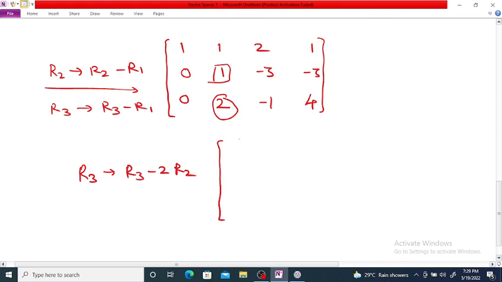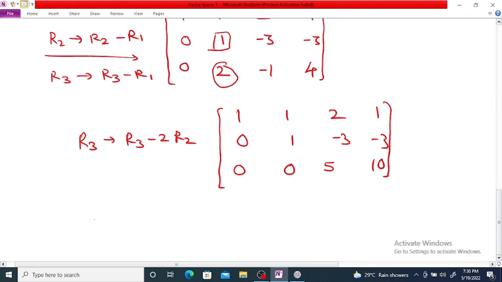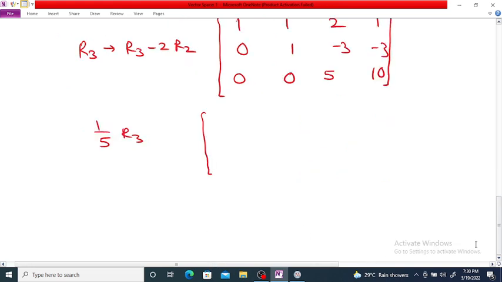If we use this row operation, we get 1 1 2 1, then 0 1 minus 3 minus 3, then 0 0, minus 1 plus 6, which is equal to 5, and 4 plus 6, which is equal to 10. Next, if we multiply the third row by 1 by 5, R3 into 1 by 5, then we get